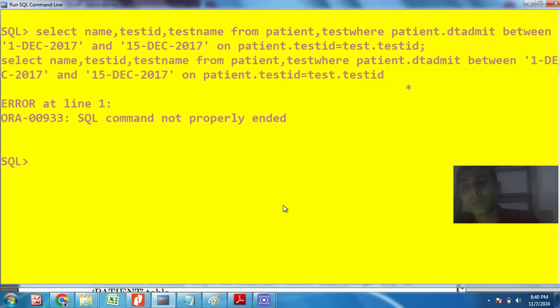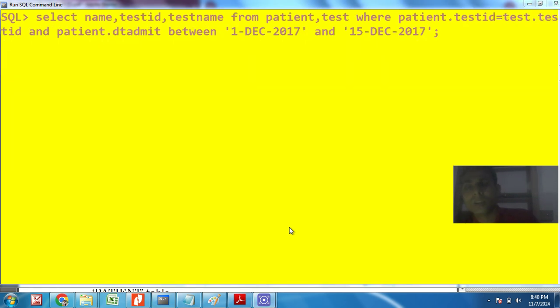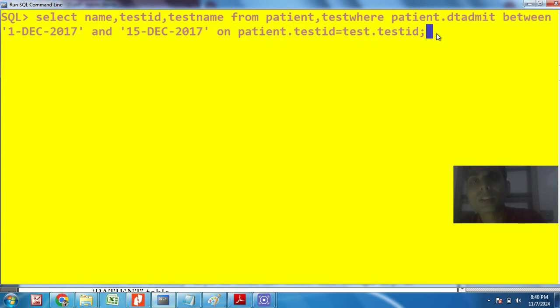Okay, so everybody must know the correct answer. Try to think how we can write wrong answer in the exam, so that we will not write wrong answer in the exam. So try to understand the wrong answer. If you will understand the wrong answer here only, then we will not write the wrong answer in the exam.